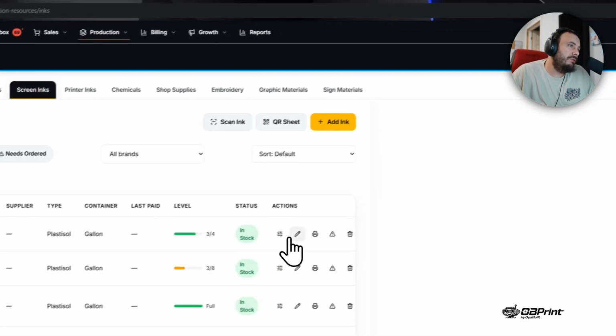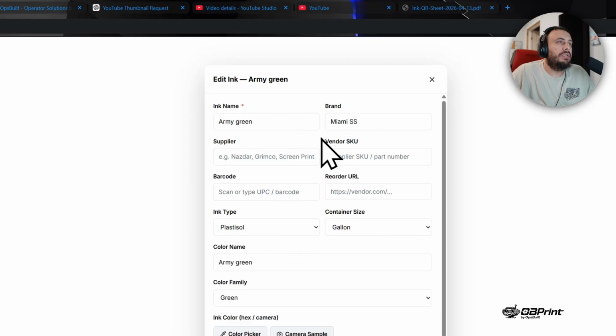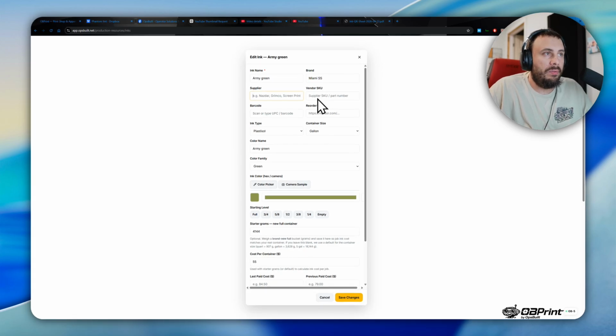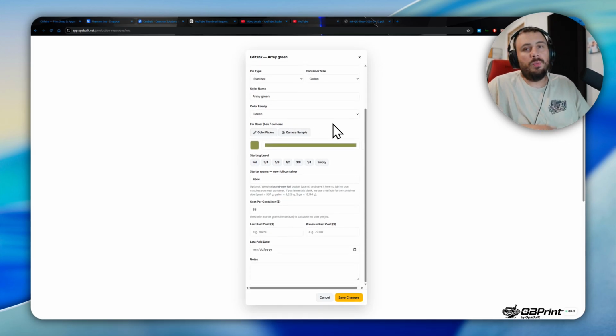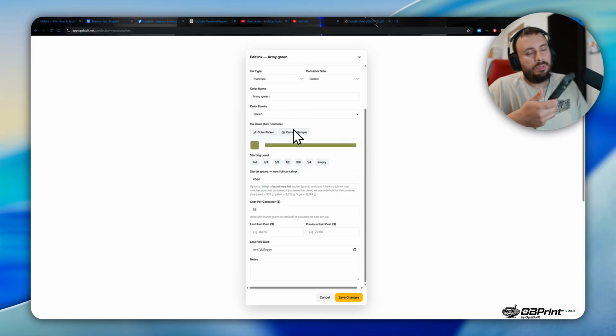Whenever you bring up the ink information, it'll have all this information here, such as if you know your reorder URL, you can put that in here. If it has a UPC barcode, you can put that in here. Your supplier, the brand, the SKU number. Whenever you have your phone, you could actually use the color sample from your camera. So you would click that, and you basically tap on the ink, the color of it, from your camera,